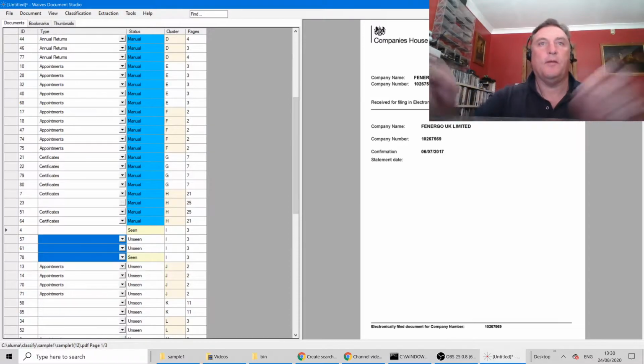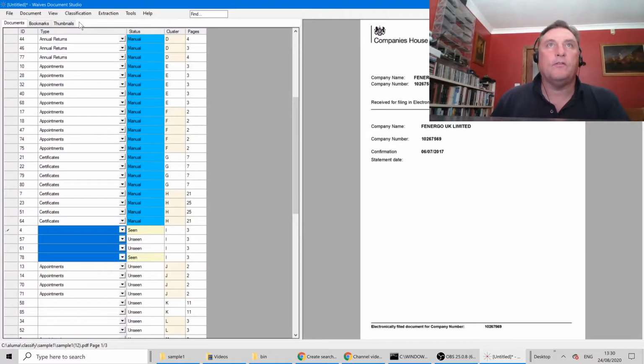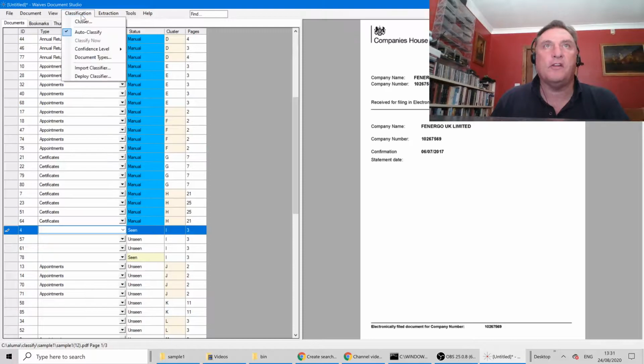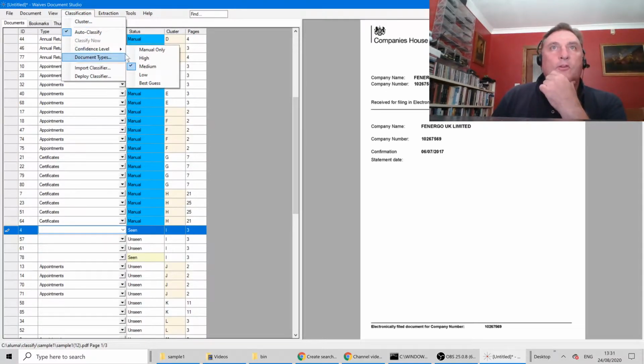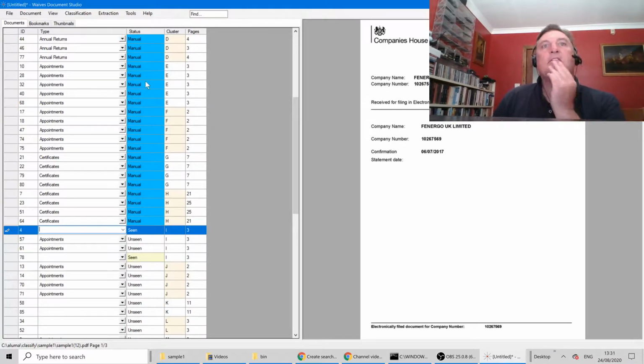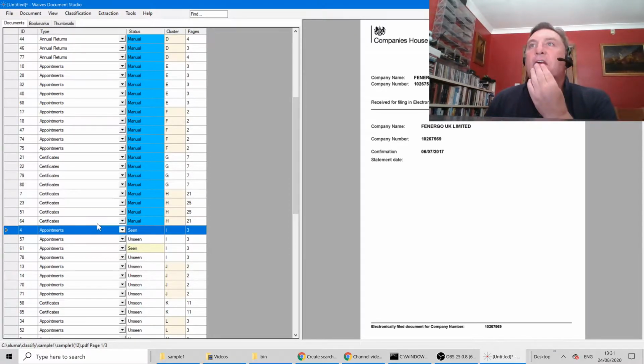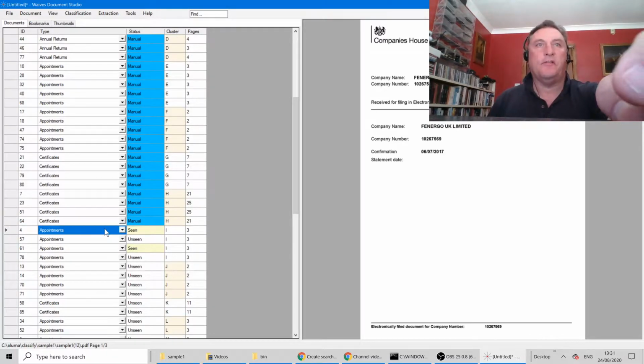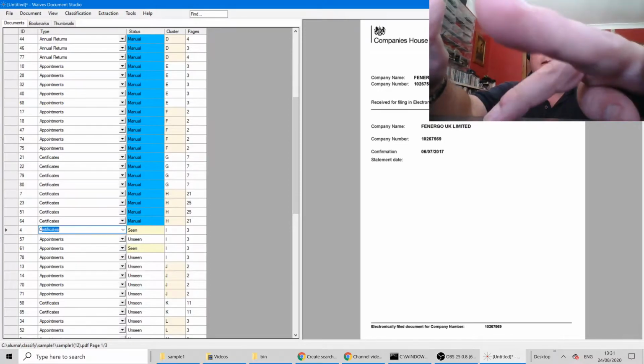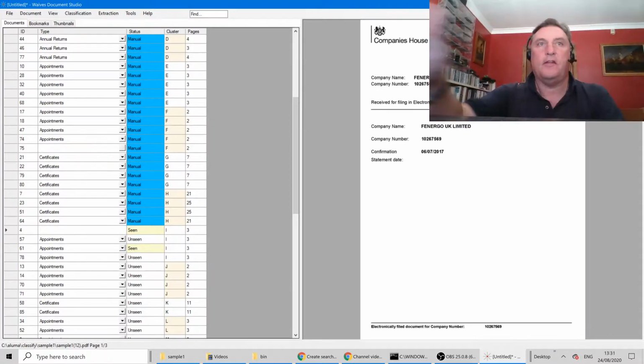Actually, if I don't do that, I can tell it to do a best guess now. So number 4 looks like a confirmation. We've seen something similar. So if I say classify, auto classify, best guess, let's see what happens. Interesting. It thinks that that is an appointment. Either that's finger trouble for me, or let's see if that